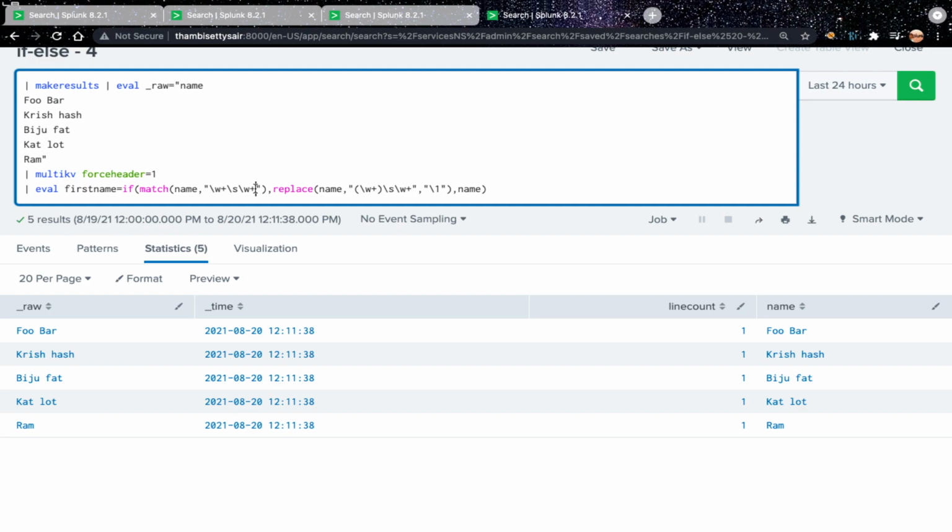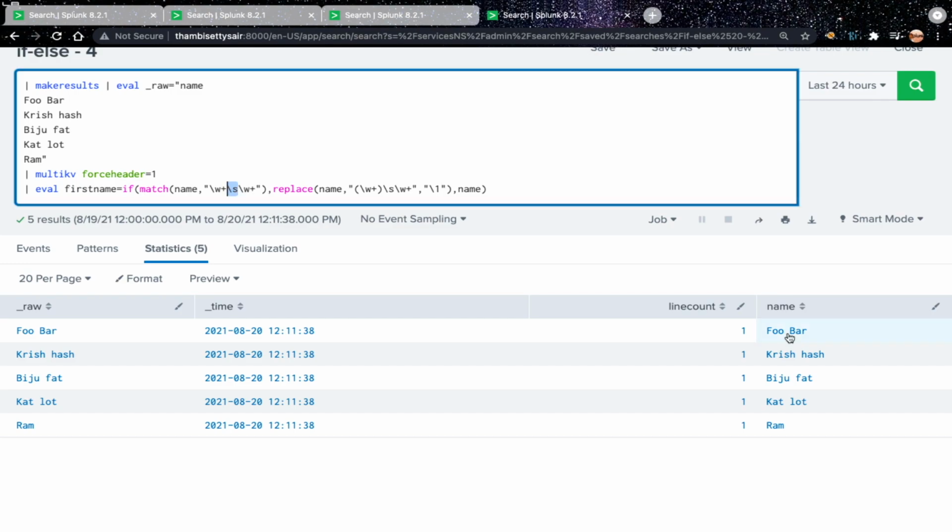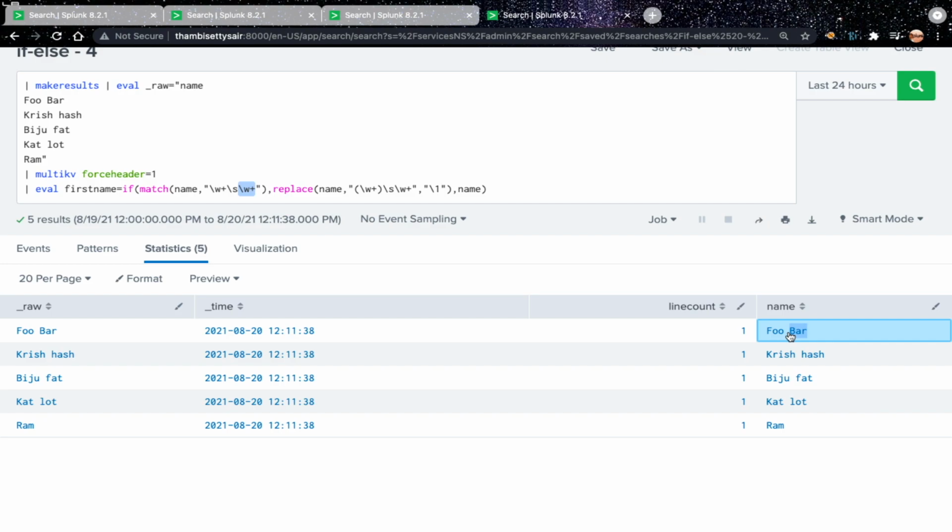Let's understand what this regular expression is doing. The first backslash w plus will match one or more characters, and case doesn't matter, it could be lowercase or uppercase, and it also matches numerics as well as the underscore symbol. So this will match the first word characters before the space and last name. Then I'm matching the space with backslash s. This matches the space after the first word characters, and then again I'm matching the last name with backslash w plus. This will match the last name, which is bar here in the first row.